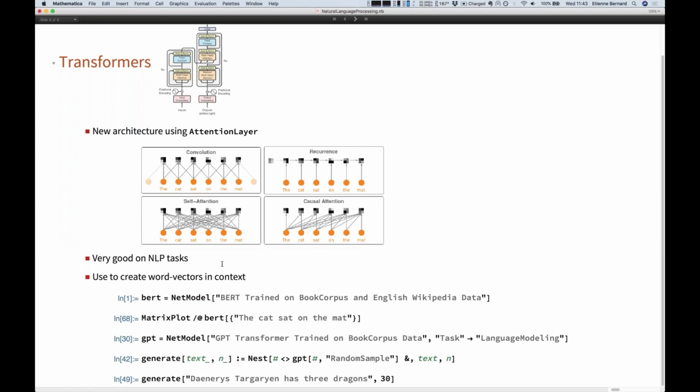Okay, so this is very good for NLP tasks, and most likely you will encounter these transformers in models that have been trained to create semantically rich word vectors that use the context. An example of this is BERT, done by Google, and you have it in the neural network repository.